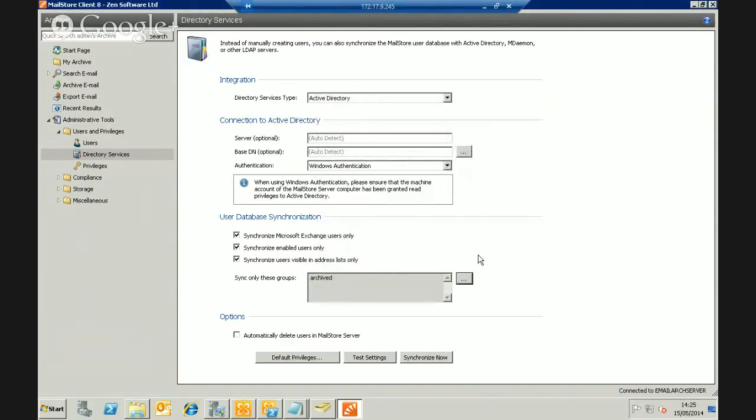So that's done two things. That's linked to just that archive group, but it's proven that my Active Directory synchronization must be working because it can see the group. A little bit further down, this is quite an interesting simple tick box: automatically delete users in MailStore server. What that's saying is if it resynchronizes and it finds that a user has been removed from that archived group, then also remove the user, and just the user, not anything they've archived, but just the user